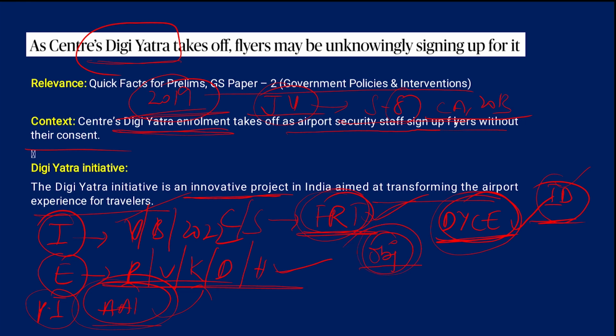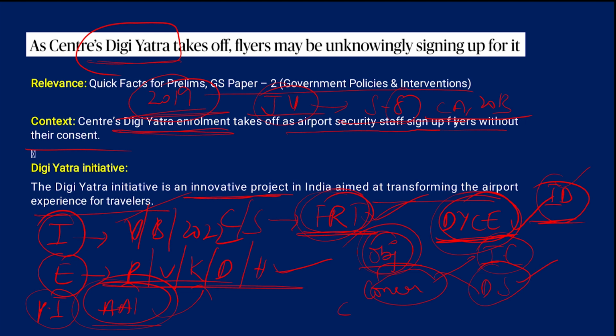Every purpose comes with certain drawbacks or concerns. One concern is individual consent. Some people might be interested, some people might not be interested in sharing their facial biometrics very often. So that could be one major concern. Second, it could be data security risks as well. We are talking about data breaches, very weak privacy policies, personal data protection. All of these have been in the news. So data risk could be another concern.